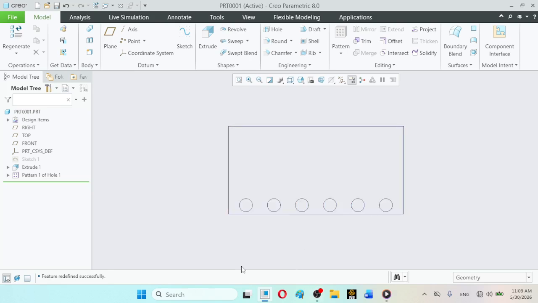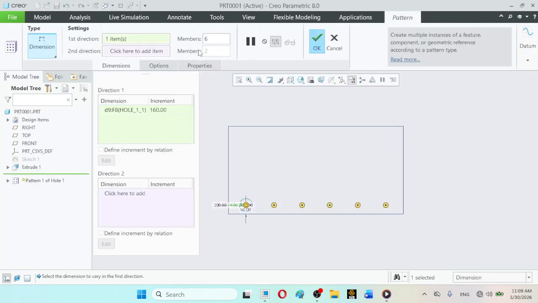So how? Let us edit it. And here the number of members are 5. So this distance will be that we will be dividing 800 by 4. So there will be 4 separations.